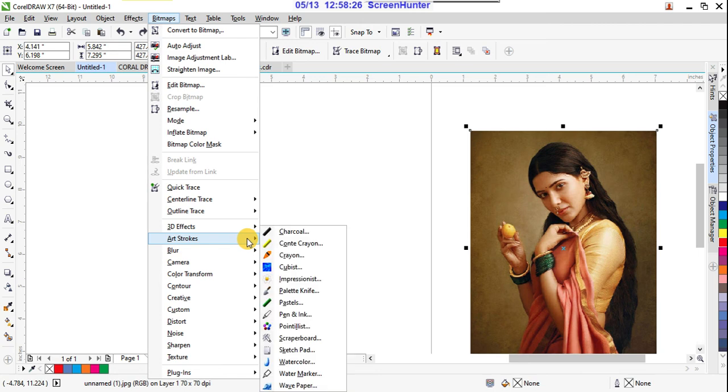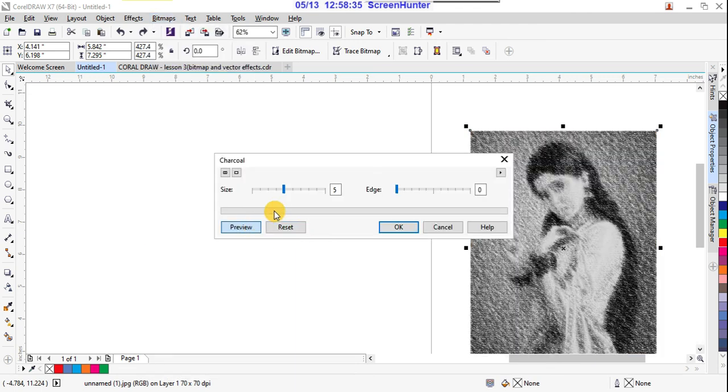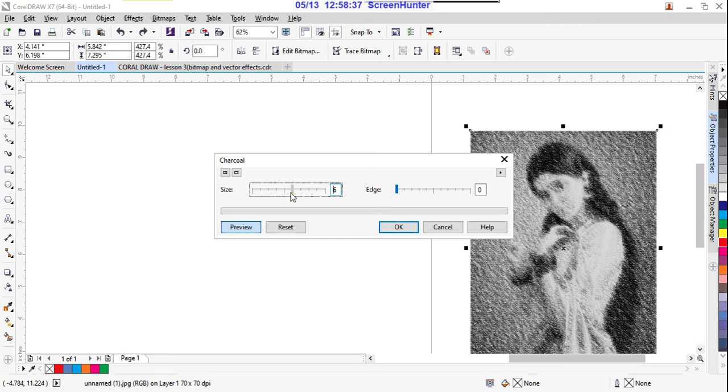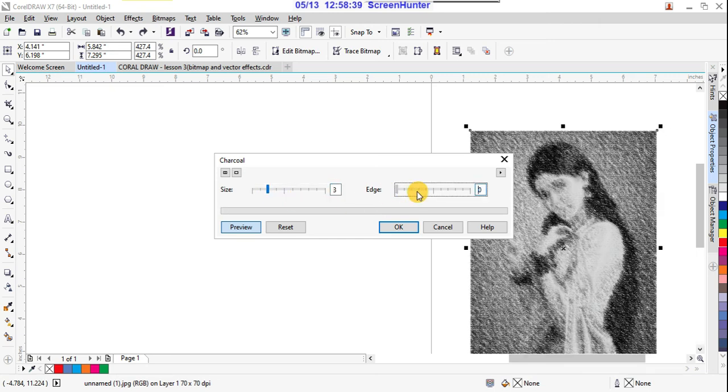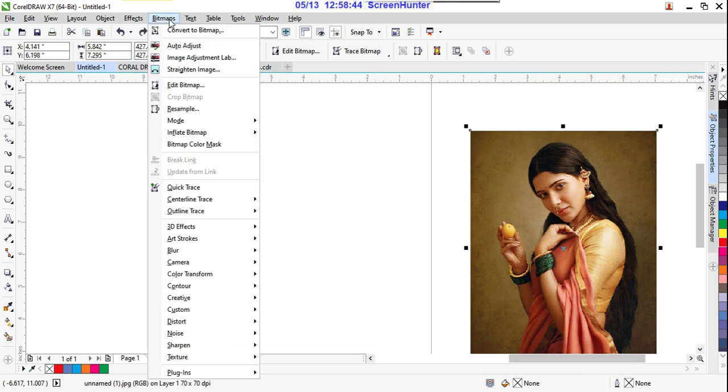And these are other effects, art strokes, suppose charcoal effects, right? So with the charcoal effects, yes, you can adjust this, right, and say cancel. Same like in Photoshop, how the effects are there, the same way the effects will come.